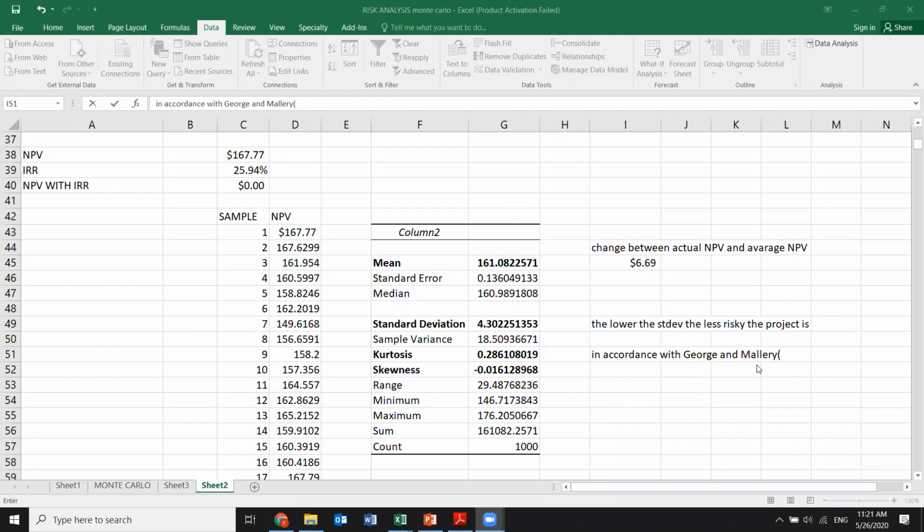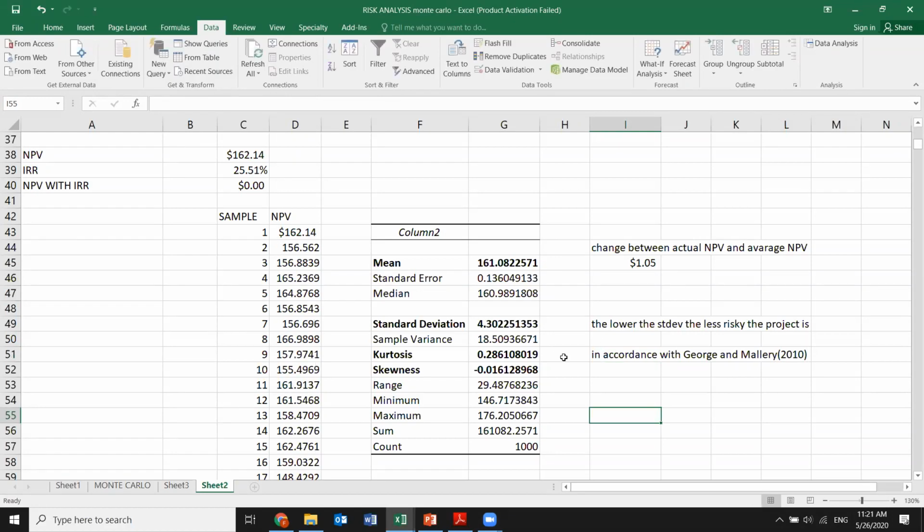So according to George and Mallory, 2010 was the publication, actually. These guys are scholars in the field of econometrics and statistics. They said that for kurtosis and skewness to be normally distributed, in the acceptable range, the skewness should be from -1